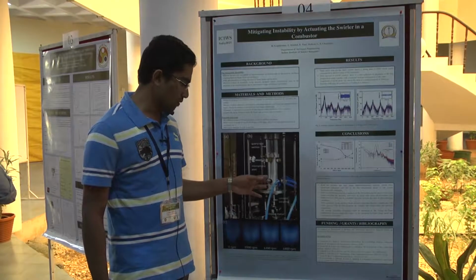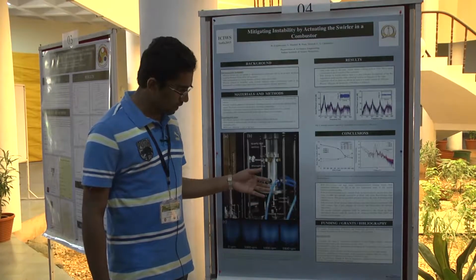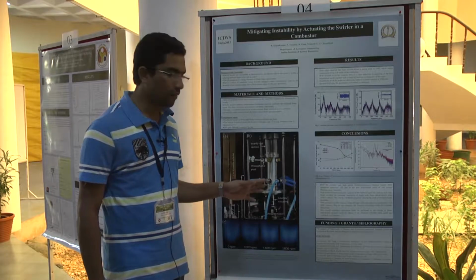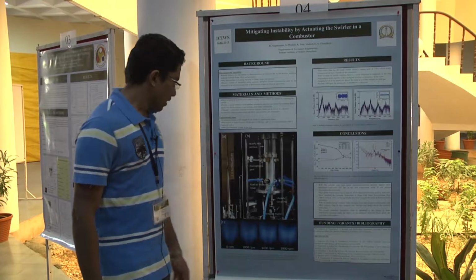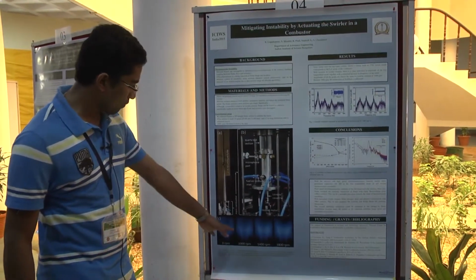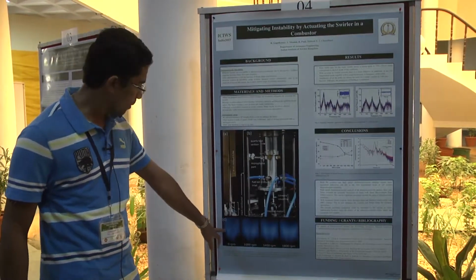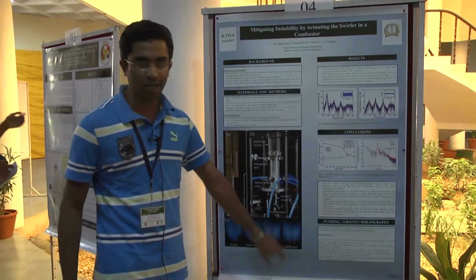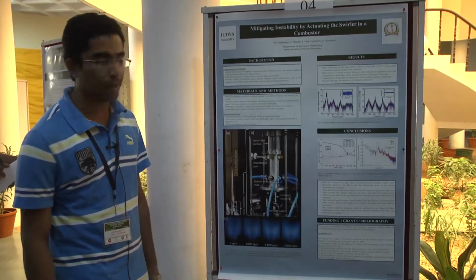We use 99% pure methane as a fuel. So methane and air are premixed to a molecular level in a premixer and sent in through these 4 intake ports. And this is our test section. So this figure C shows variation of flame shape and location with respect to swirler RPM. Figure 1 corresponds to 0 RPM, then 1000, 1400 and 1800 RPM. So you can clearly see how the flame shape and location varies with RPM.